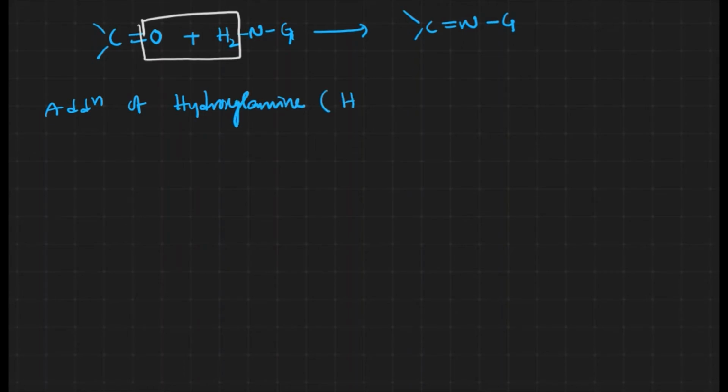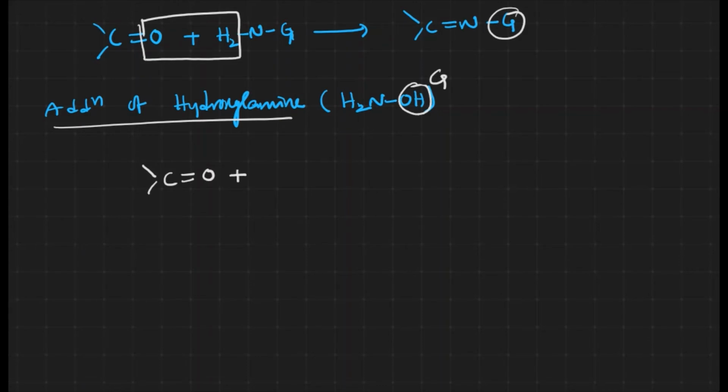What is the formula? H2NOH, right? Now we are assuming that particular group over here is going to be OH. This is the group which we have already discussed earlier, right? Let me take it something like this. This is the group over here. Now let me take the reaction, how the reaction takes place.